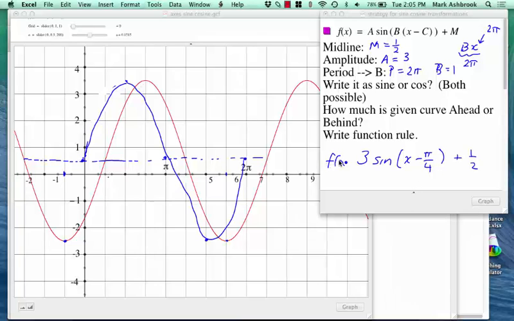So that's if you were to write it as a sine. How many people got it before I started doing it? How many people got that? Not enough. So does it make sense how you would do that? All right, so as a cosine then,